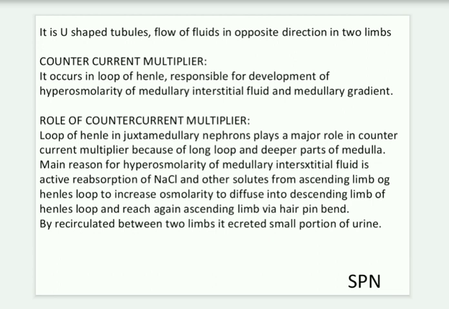By this, there is also an addition of more and more new sodium and chloride ions, which increases the hyperosmolarity of the medullary interstitial fluid and the medullary gradient. So this is the counter current multiplier, which occurs between the hyperosmolarity of medullary interstitial fluid and the medullary gradient. And the factors for this are